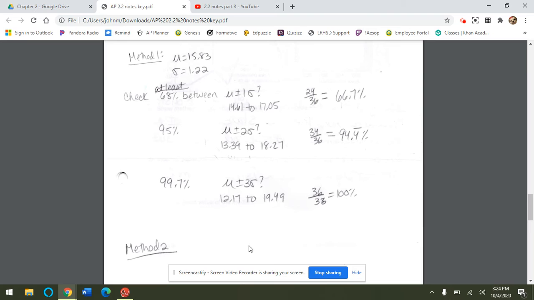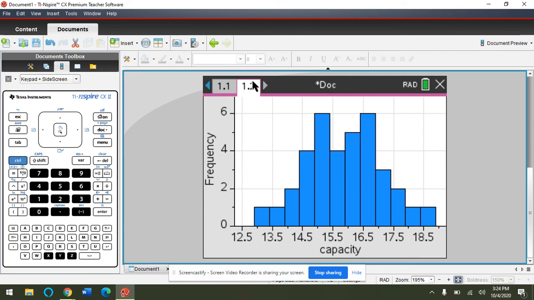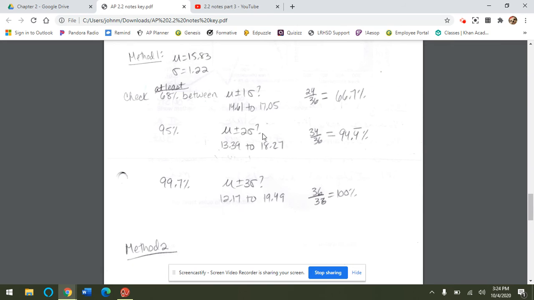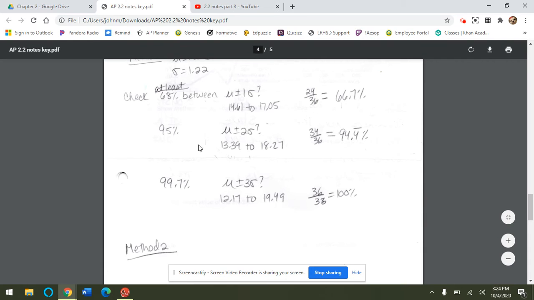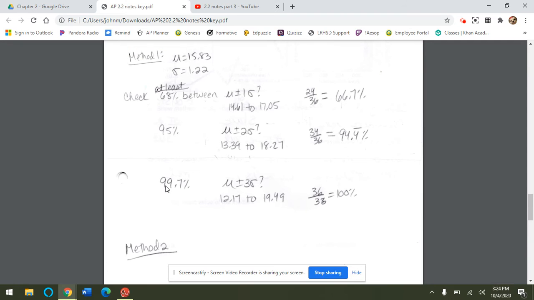distribution is approximately normal. First, the histogram appears to be approximately normal with no skewness or outliers. Also, when I check my empirical rule, the percentages are extremely close to what we expect them to be using the empirical rule. Okay. Now, method number 2